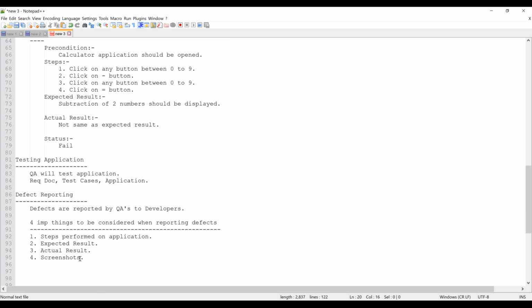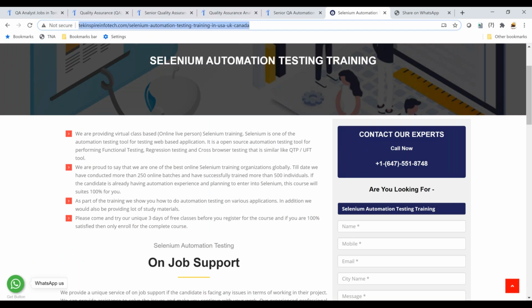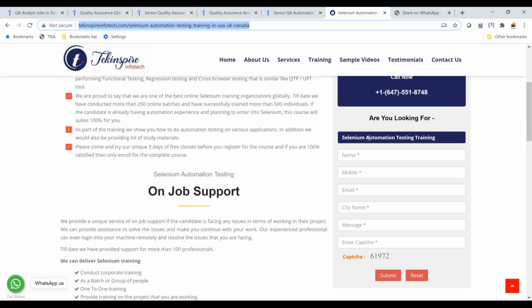First of all, my funda is very simple. If you can understand the simple things, then you can correlate to any application. Even the same thing tomorrow, you have to do testing on this. How do you do the testing on this? This is called Selenium automation testing training, right? If somebody registers their details, there is a test case, because these are all mandatory. They have to enter their name, mobile number, email ID, city name, message, and the captcha. When they click on submit, what's the expected result? One email should come to my inbox.